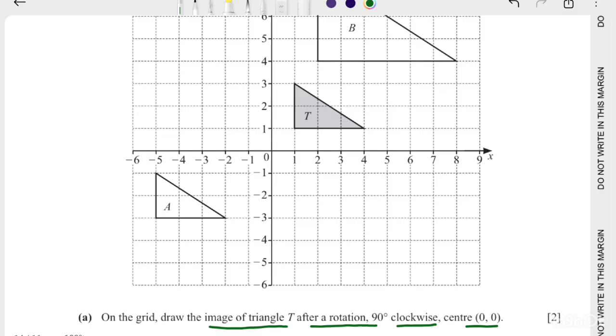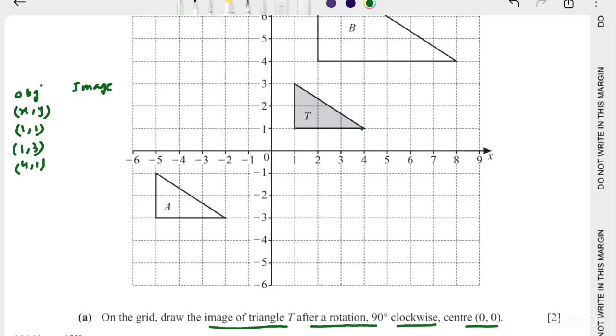So first of all, write coordinates of the object, that is x y. The first coordinate is 1 1, second coordinate is 1 3, and the third one is 4 1, and image would be